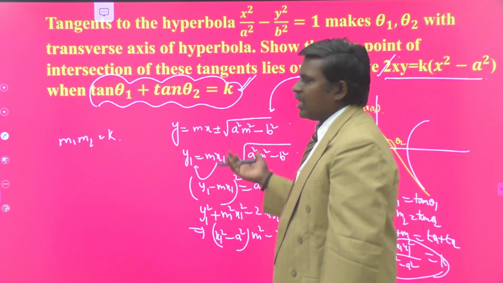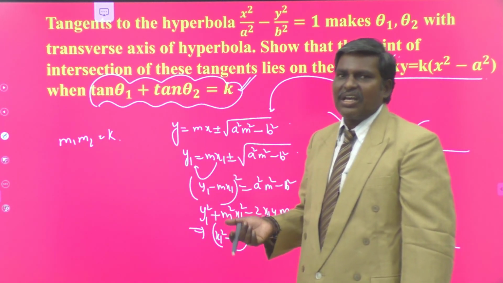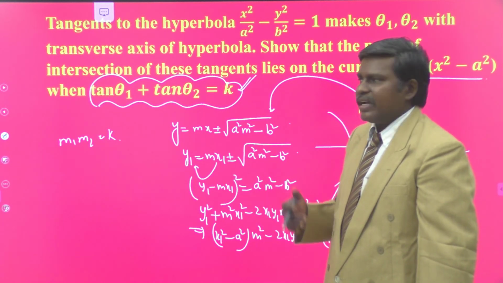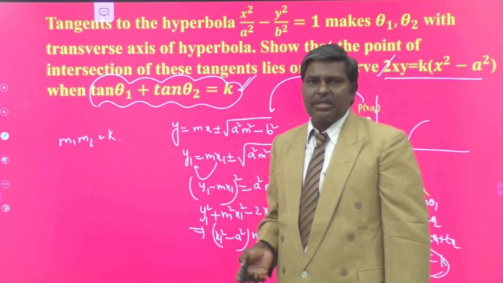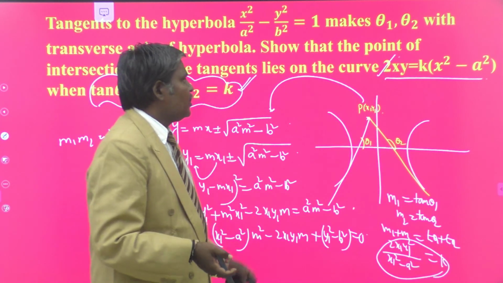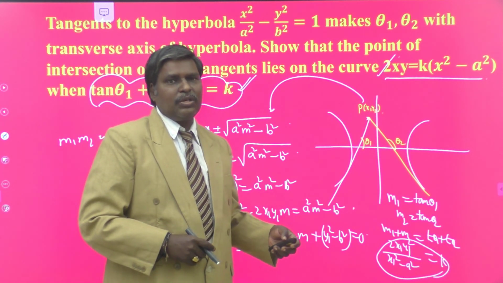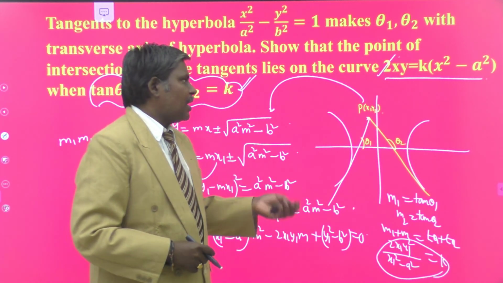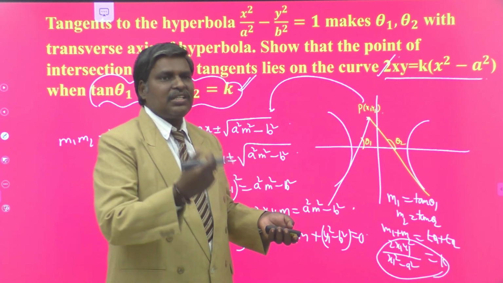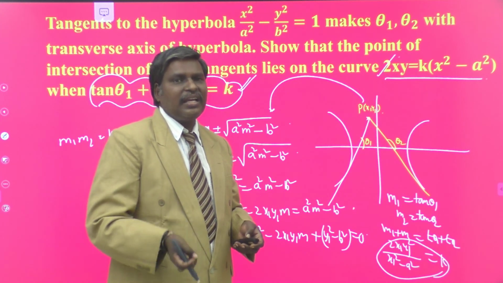In the same manner, we can write the director circle equation. Already we proved. What is the director circle? Locus of the point of intersection of perpendicular tangents. At that time we make the product of slopes equal to −1, and we obtain the director circle. What is the equation? x² + y² = a² + b² or minus b²; for the hyperbola, we obtain a² − b². So x² + y² = a² − b². Sometimes the director circle to the hyperbola may or may not exist, because if a² − b² is positive, the director circle exists, otherwise the director circle doesn't exist.